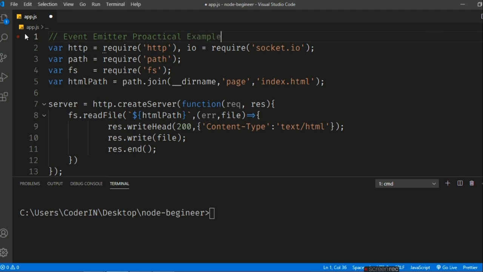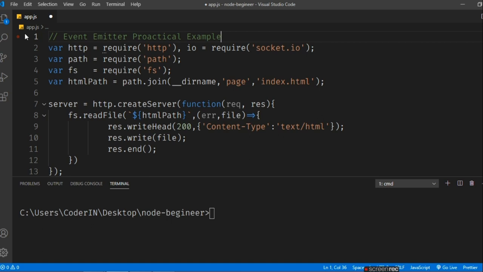Okay, first let me write this. You can see the plugins which we are using here: HTTP, Path, and FS. These are already described by me in my previous video lessons. Apart from these, I've just installed a plugin known as Socket.io. Socket.io will connect your client to the server side.